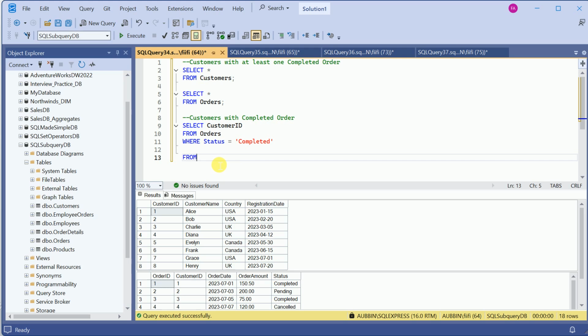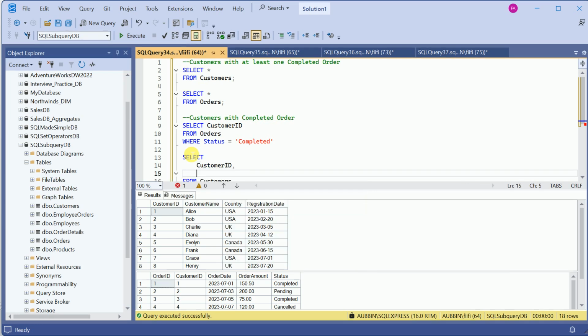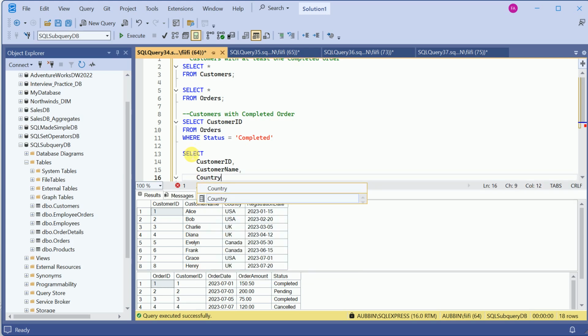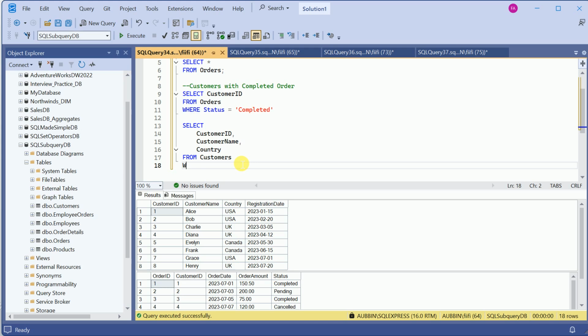Okay. So I want to use the customers table. And then I want to select customer ID, customer name, and the country, from customers. Now, this is where it gets interesting. So what is the common field here? Customer ID